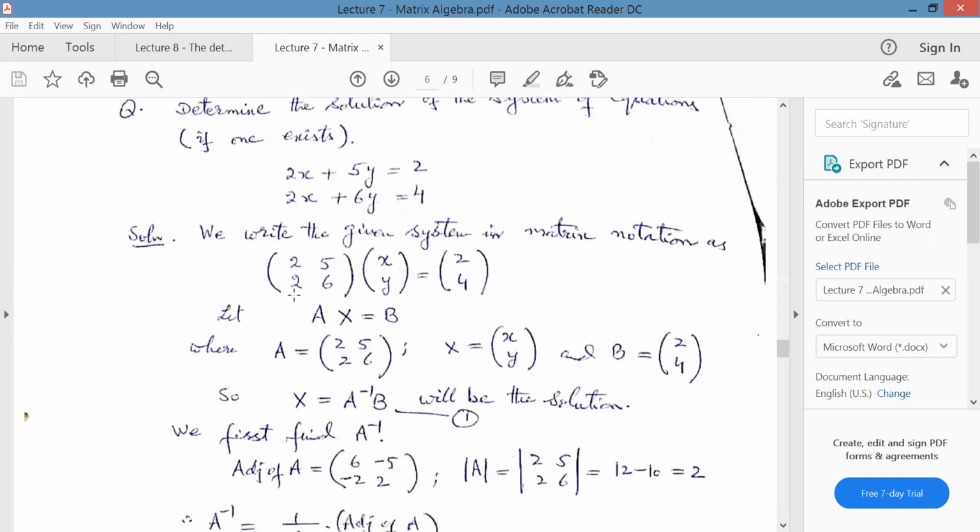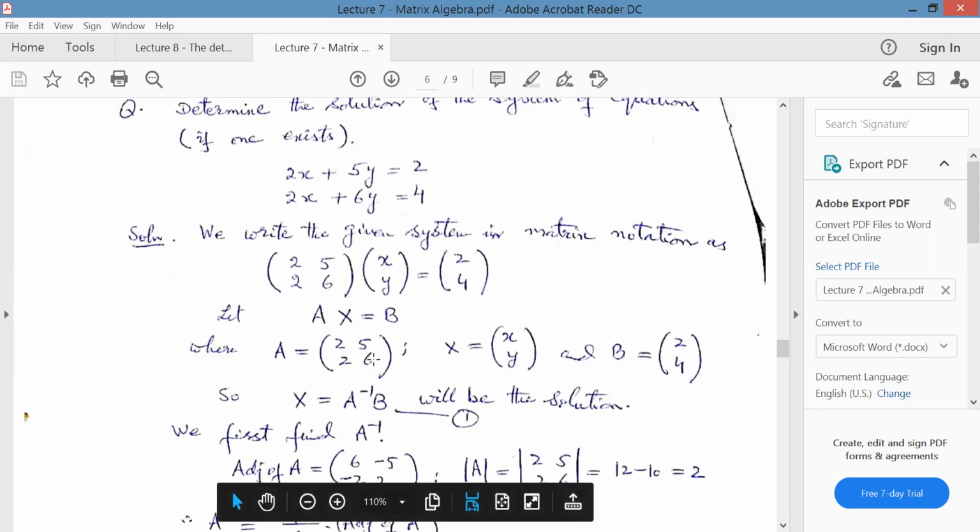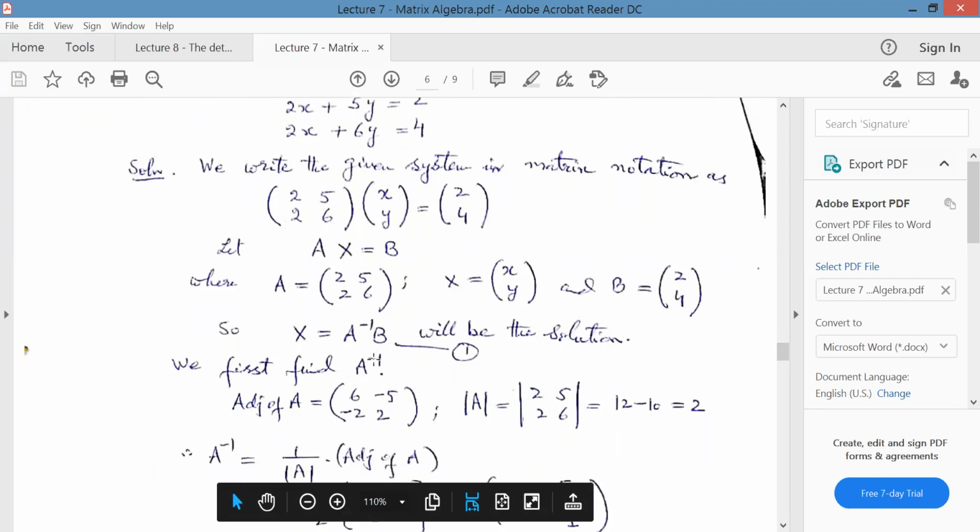Now from this equation, if you are actually interested in only X, जिसका मतलब है xy, so you want to find X, so A को हम इधर divide नहीं करेंगे, B divided by A, you do not write. I told you the division of the two matrices is not possible. So once you wish to bring A to this side, you will be writing A inverse B. So X will be equal to A inverse B, will be the solution. So we want to find inverse of this matrix of order 2. It's very easy, I told you.